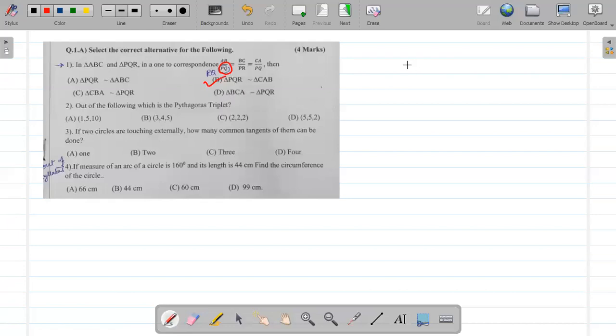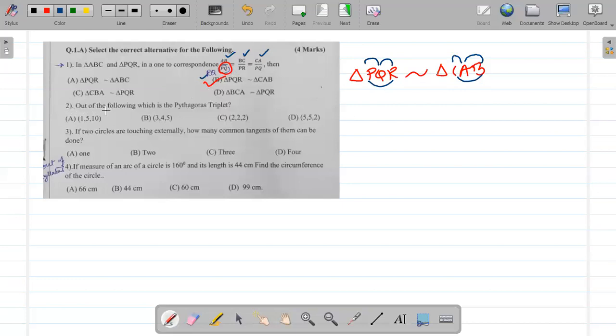Okay, so if you can see here, we have got triangle PQR, which is similar to triangle CAB. If we check the correspondence, it should be same. If we consider AB, it should go with RQ. So yeah, AB goes with RQ, then BC goes with PR, and finally CA with PQ. So that's how the correspondence works, and we select that particular choice.